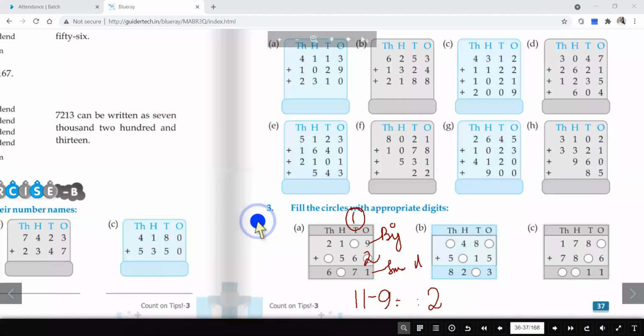Okay, so here what will happen? Now here you can see, first whatever number is there, we will take the addition. 1 and 6 is there. So here 7 is already there, and 1 plus 6, if we are going to do, is always coming as 7. That means on the tens place in this fill in the blanks, there must be one 0.